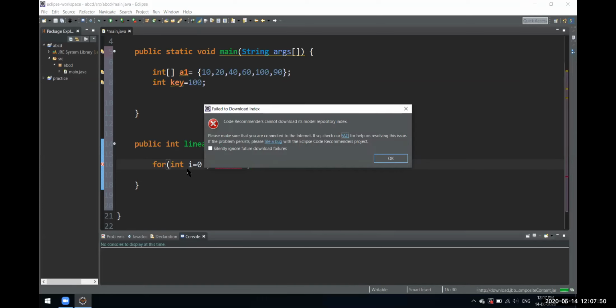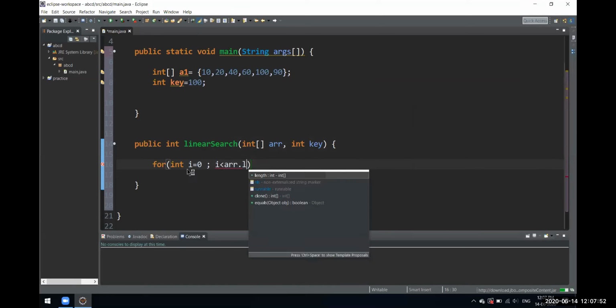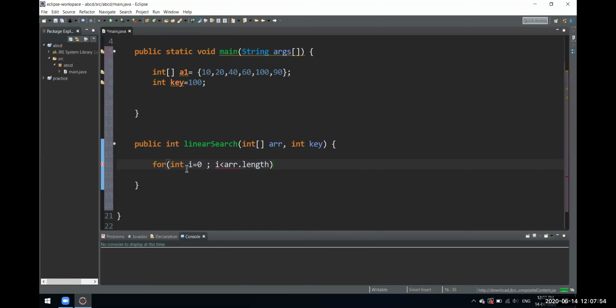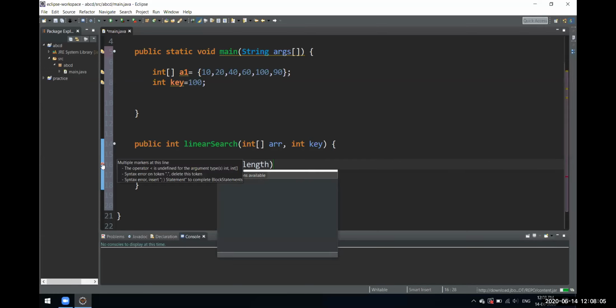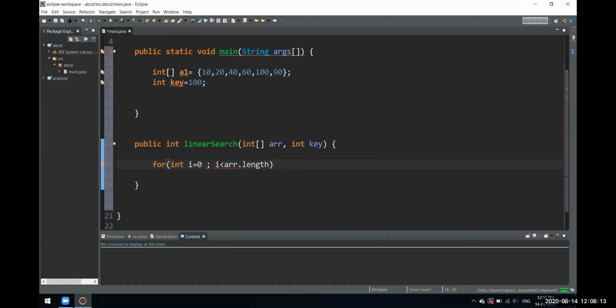Length is just a function that we get on an array. If you want to find the length of an array, we get this function for that. One more parameter we have to pass is the increment, i plus plus. So this is a basic for loop that we are building.